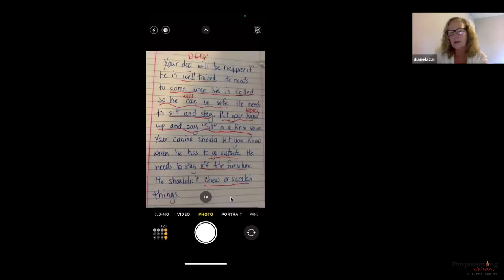So let's talk a little bit about this. And in the chat box, and Dave, if you don't mind, if you can just kind of talk about the things that are coming through the chat box when I ask, what does it look like when you call your dog because you want him to come to you? What does that look like? What would you say? How does the dog behave? And let's see if we can include what does it look like for this particular detail. So in the chat box, just chat out some ideas.